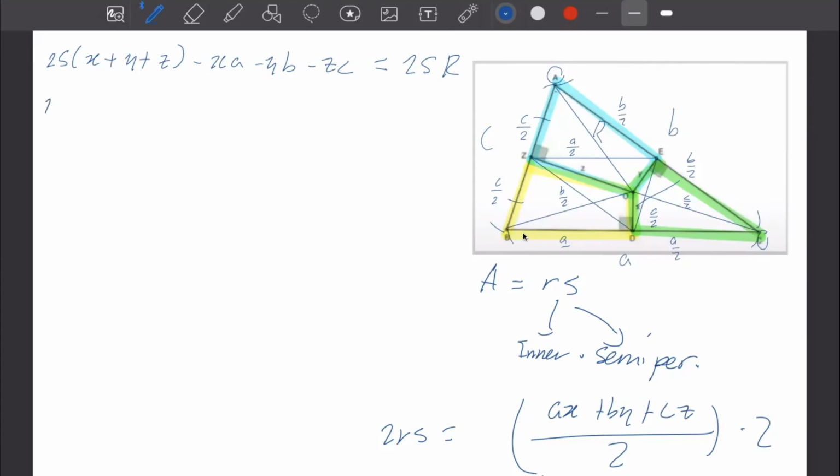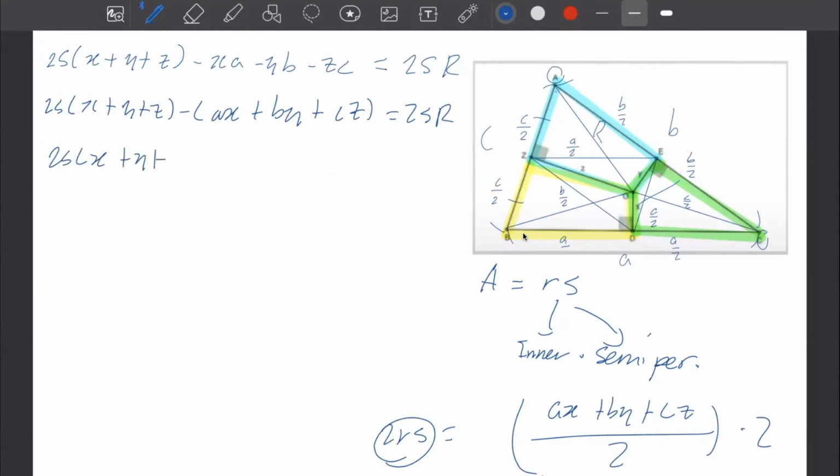Let's group this up first so that it's cleaner. So this ax plus by plus cz equals sr. Then we can substitute 2rs for this one. Then we're going to get 2s times x plus y plus z, minus 2rs, equals sr. Now we can get rid of the s's by grouping them up and dividing them, which is going to get us